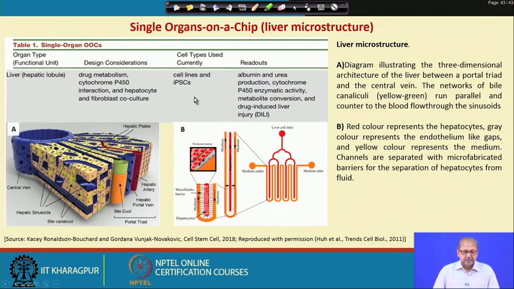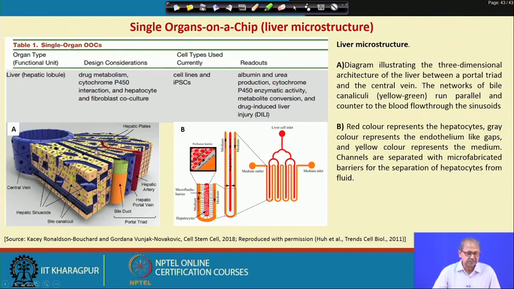Liver is an organ that is a chemical factory, where drugs are metabolized and a lot of proteins are synthesized. So, what is the unit of liver? The unit of liver is the liver lobule. This is a representative example of liver lobules. They are arranged in such a way that this is the central vein and hepatic artery, and these are the cells where hepatic cells are arranged in high density, and the venous and arterial systems give blood, means nutrient flow, and then exchange of liver nutrients and other things.